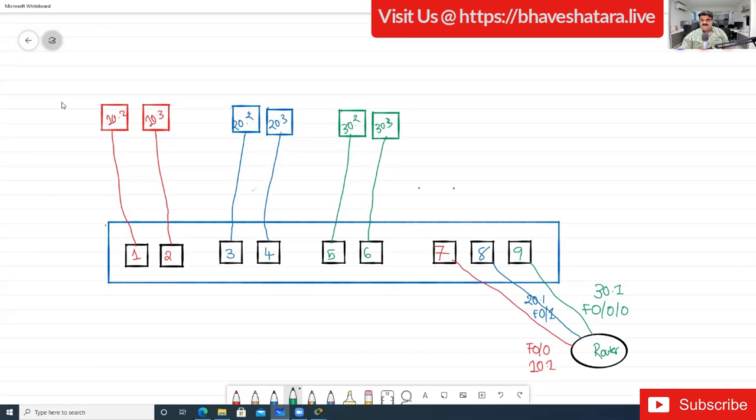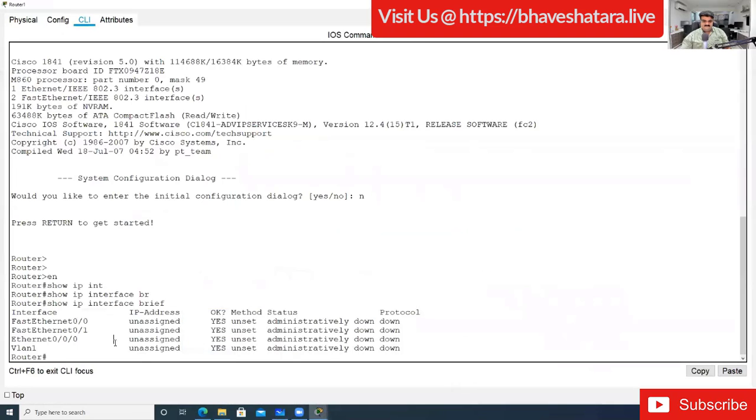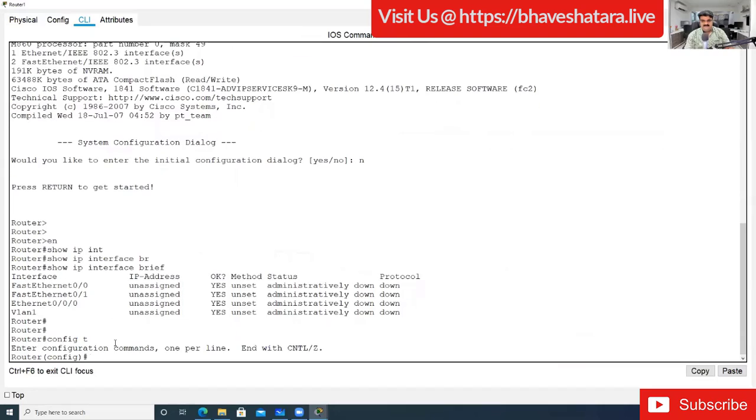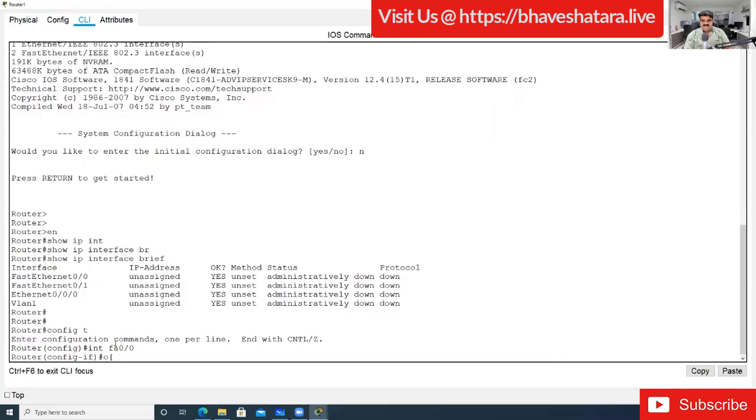All these computers will have this as the default gateway. The IP address of the router is basically the default gateway of your PC. So here we will assign 10.1 as the default gateway to 10.2 and 10.3. 20.2 and 20.3 would get 20.1 as the default gateway, and 30.2 and 30.3 would get 30.1 as the default gateway. And the ports in the same VLAN can communicate. So here,